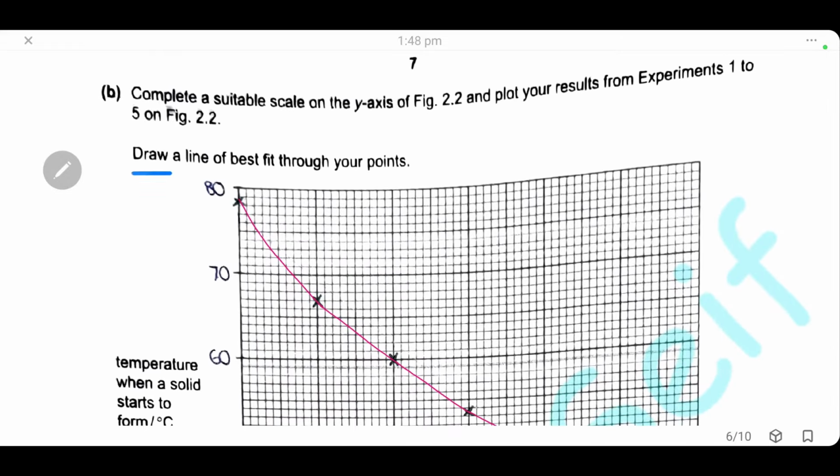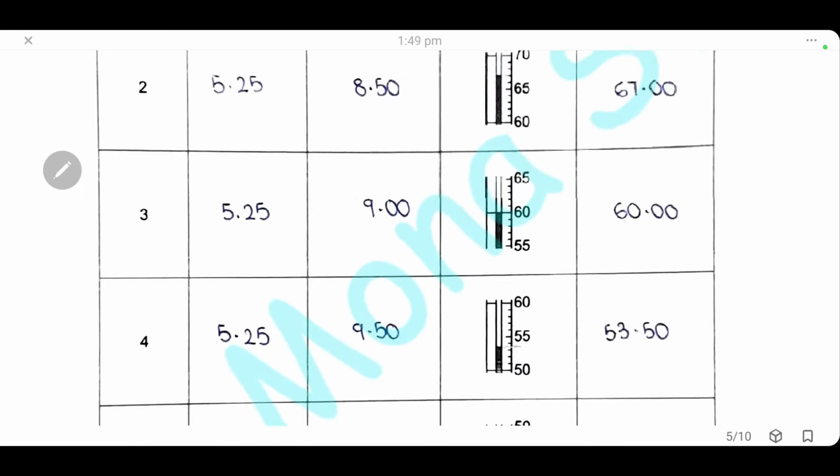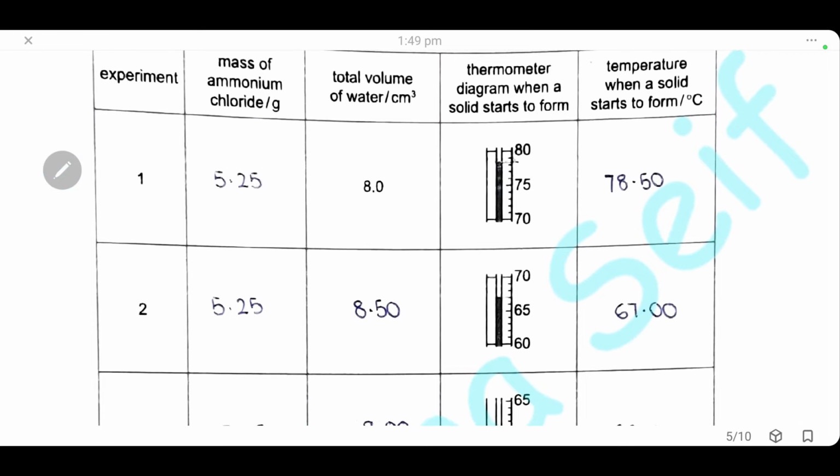Then we will draw a line of best fit through your points. Line of best fit here is not a straight line. To determine if the line of best fit is a straight line or a curve, we have to refer back to the results. For the line of best fit to be a straight line, we must have a linear relationship. Linear relationship means that when one variable increases or changes by a constant rate, the other variable should change with a constant rate. So here we have the volume of water change by a constant rate, which is 0.5 each time,